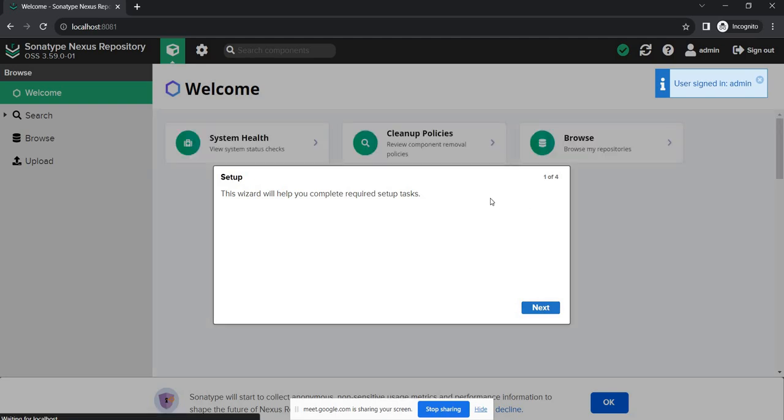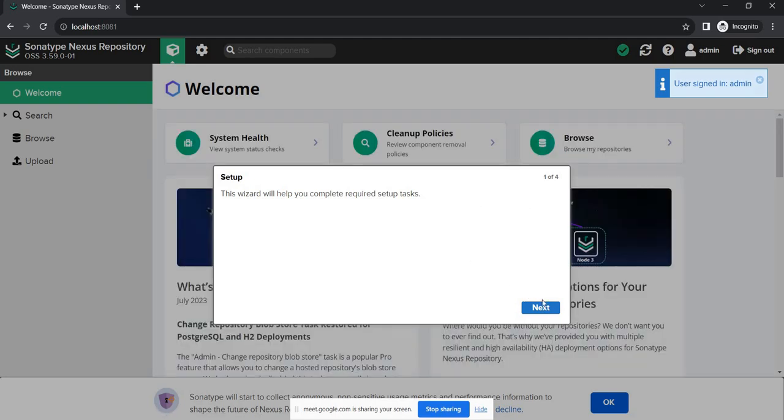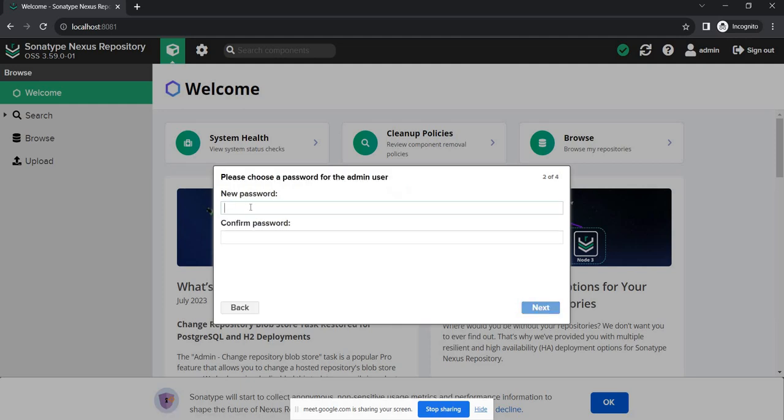Okay, let's set up the few things. So let's set a new password. So I will set it as admin 123, admin 123, simple password. Please set a simple password. Next,